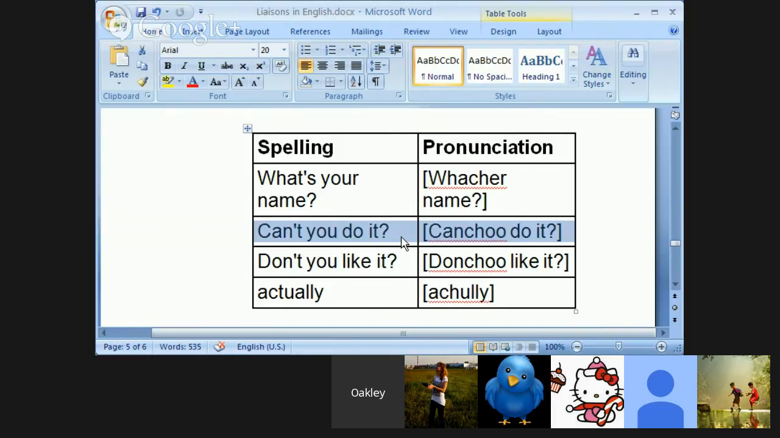Can't you do it? Can't you do it? Can't you do it? Do it. Oh, nice. There's a nice glide between the oo and the it. Do it. Can't you do it? Okay, can't you? Okay,